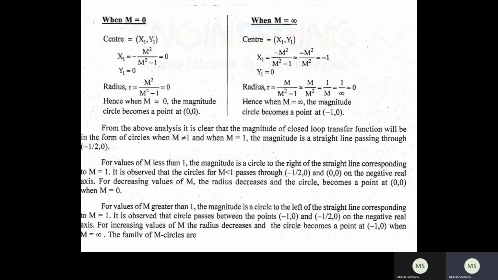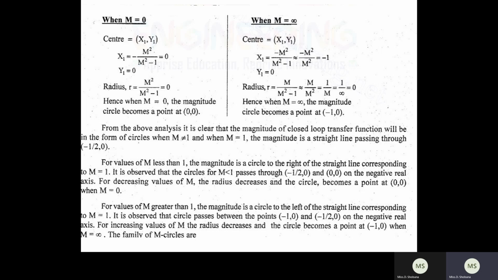And similarly, you can go for the n circle. The n circle formula, after a small derivation, will be obtained as (x plus 1 divided by 2) the whole square plus (y minus 1 divided by 2n) the whole square is equal to 1 by 4 plus (1 divided by 2n) the whole square. Here also, as the alpha value is increasing, the circle will be available like this. If the alpha value is decreasing, then it will be available like this. So the n circle will also be drawn.